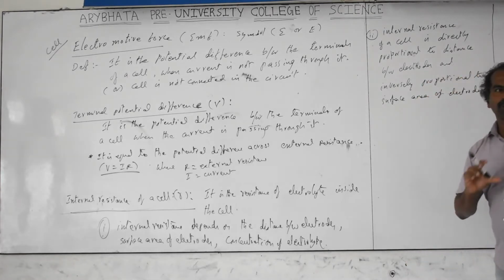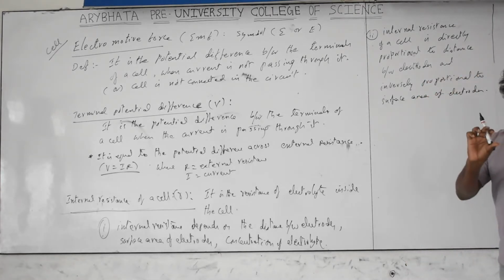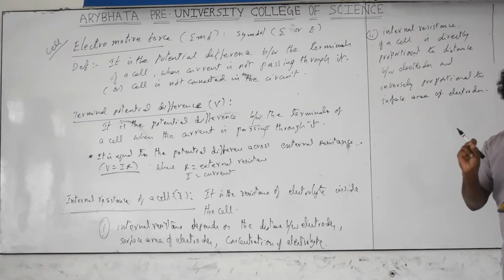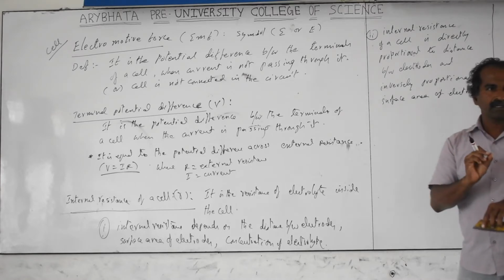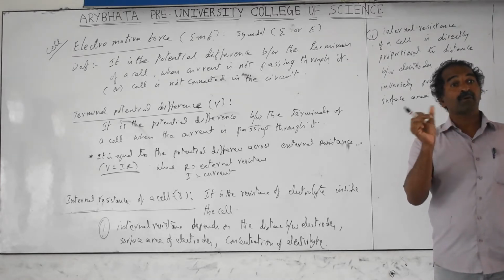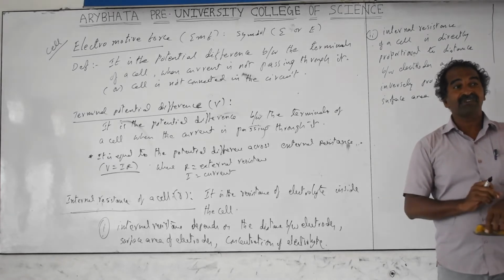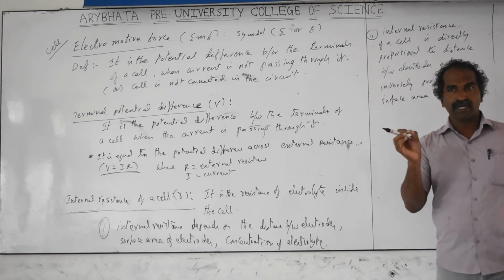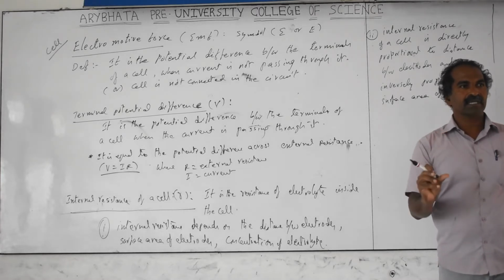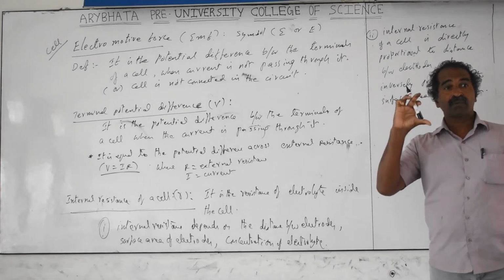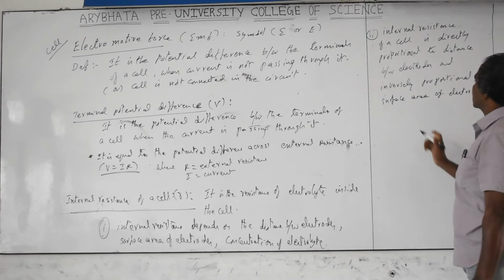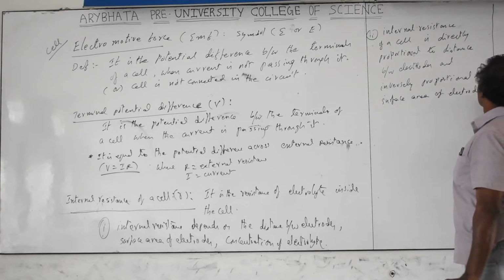So bigger cells will provide more current and for a longer time compared to smaller cells, for the same usage of current. Button-size cells in watches, made of the same materials, may also provide 1.5 volts. What makes the difference is that they provide very little current, microamperes or milliamperes, because of their very small size. Bigger cells provide more current and a longer duration with the same current usage.